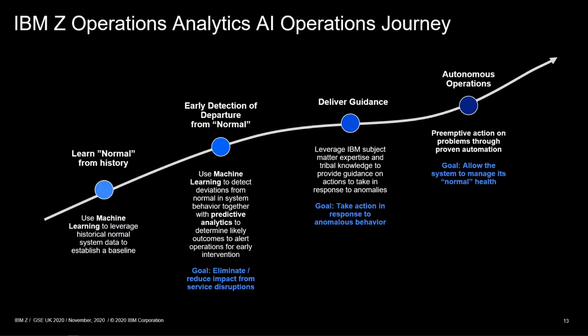So we take historical data and understand what is normal for those sets of KPIs in terms of IBM Z. And as I get into a brief demo a little bit later, we'll see how we've taken those KPIs and grouped them into things like data sets, storage, and CPU. And when we learn what's normal from history,